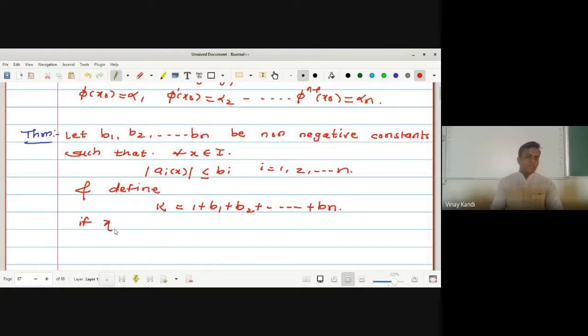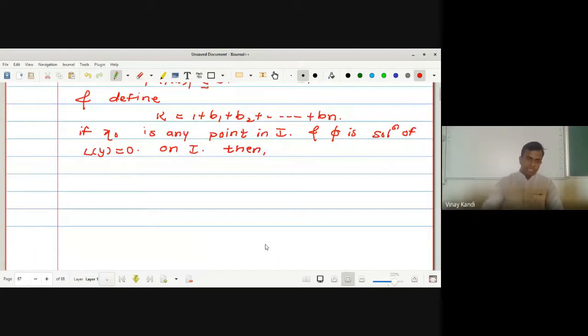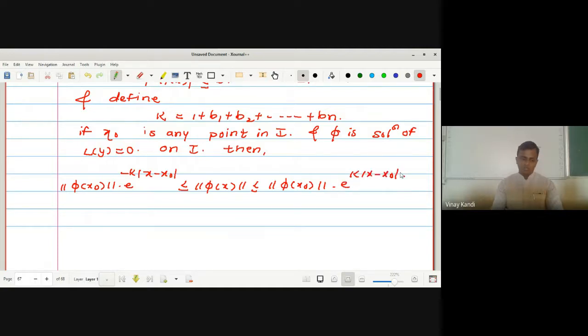Okay, and if x naught is any point in I, and phi is a solution of L of y equal to 0 on I, then, the same statement which we proved in the previous unit: norm of phi of x naught into e raised to minus k mod of x minus x naught is less than or equal to norm of phi of x, which is less than or equal to norm of phi of x naught into e raised to k into mod of x minus x naught. We have to prove this for all x belongs to I, where